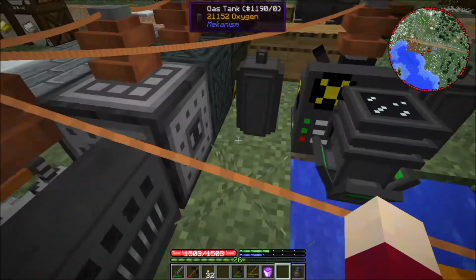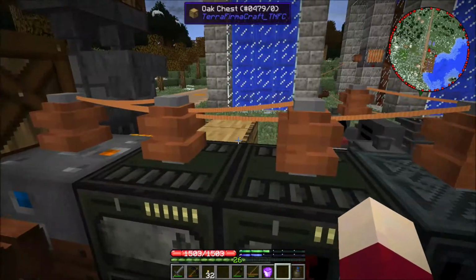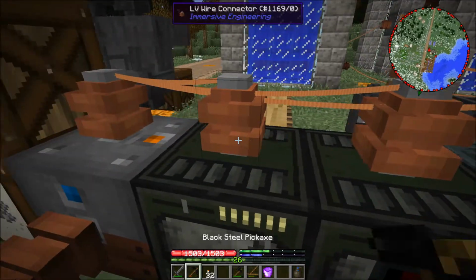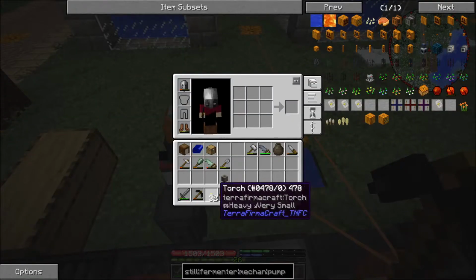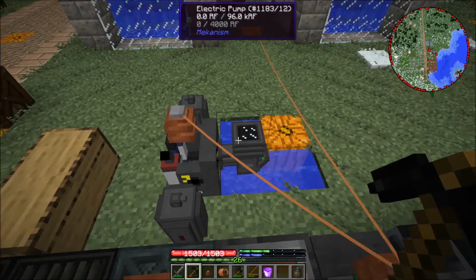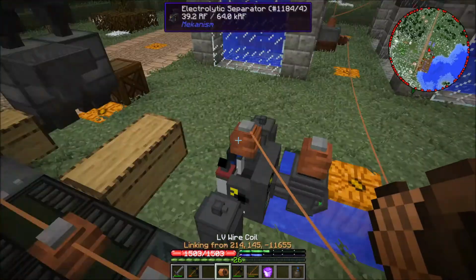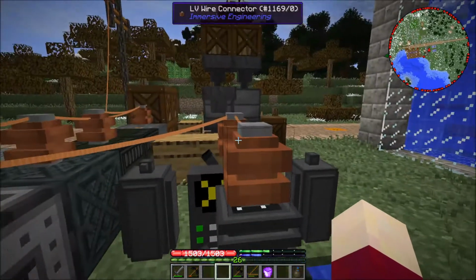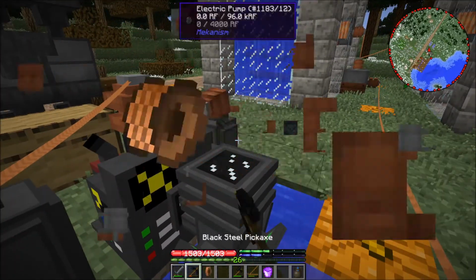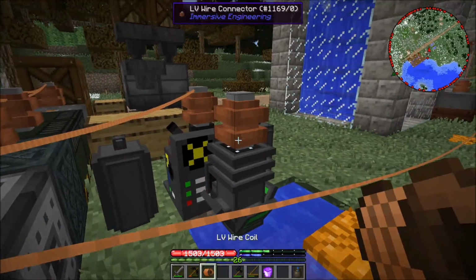So I think the next thing we need to do is get some power on that, and we don't have any power connectors. So I suppose we could grab that one right there, just so that we have some power. And now I suppose we'll just put one on here and just see here. Now, is that getting any power? No. Might have to connect it over here, because that